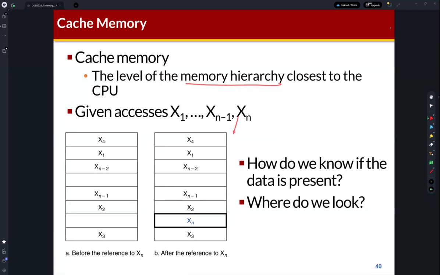Then when the data is allocated, we call it data allocation, right? It means the data was not in the cache, but the new data is stored in the cache. This event is called a cache allocation. So the data is allocated in the cache. So when the data is allocated,